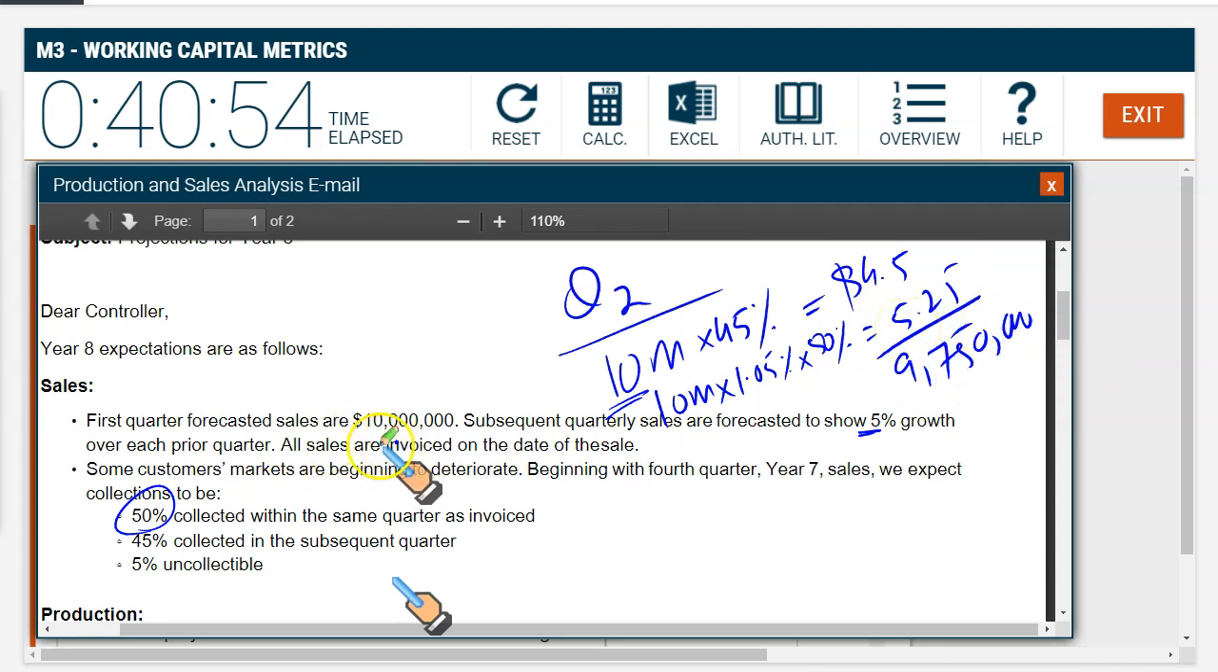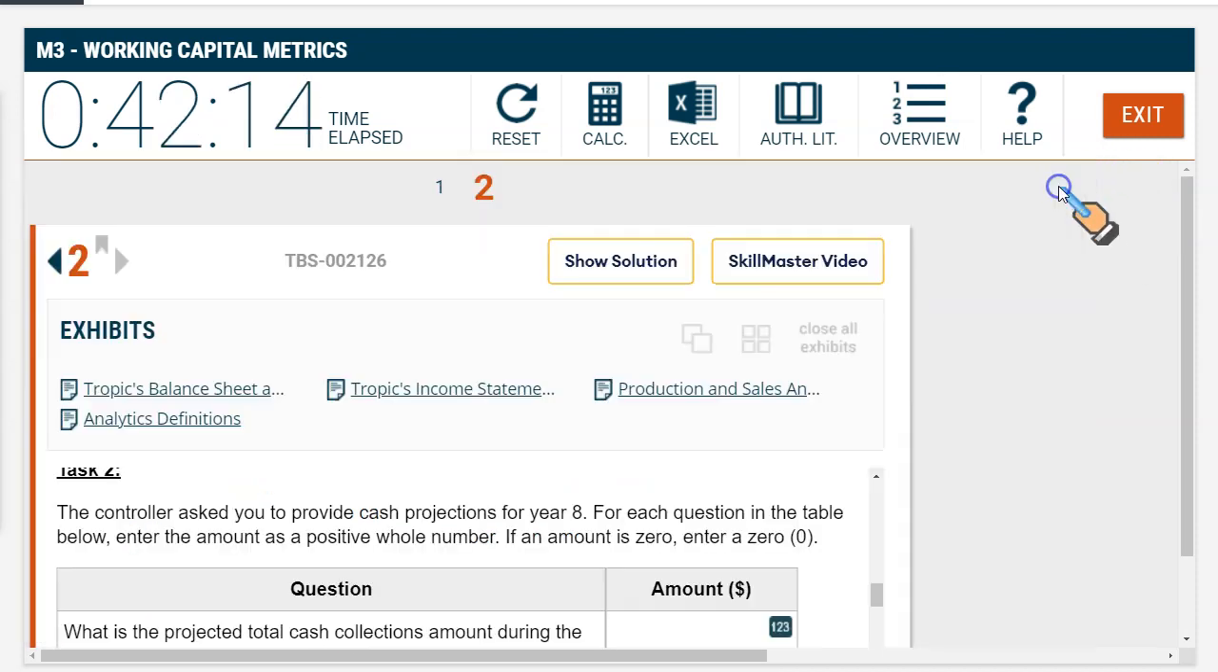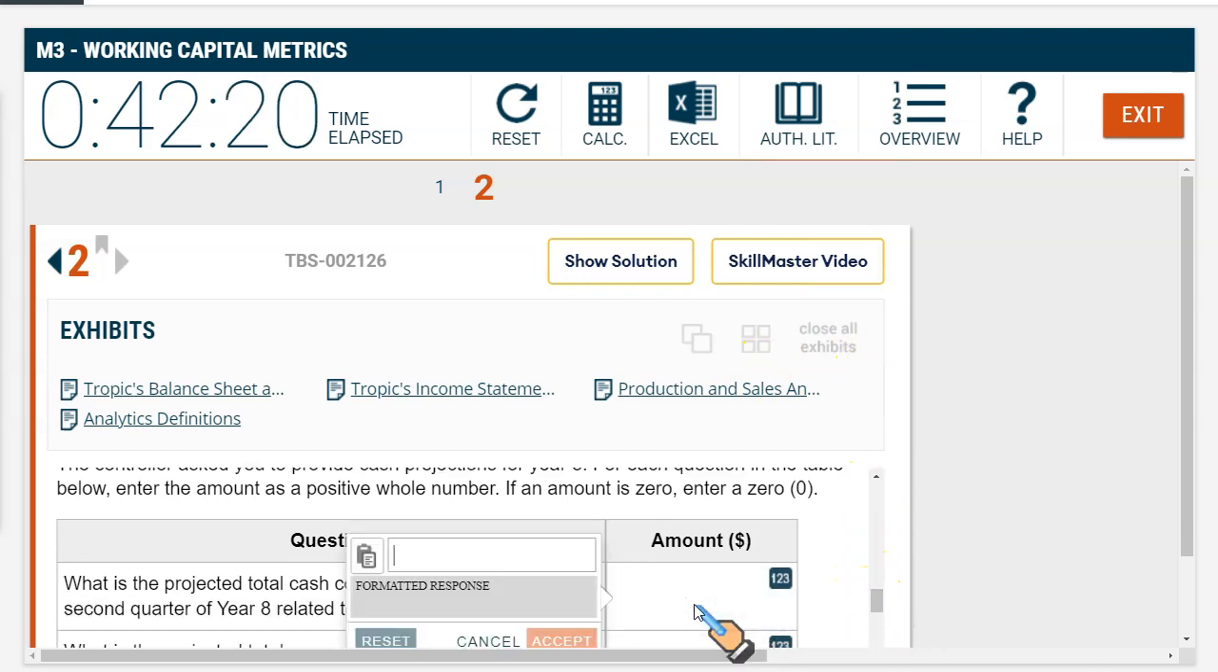Remember, it says that the forecast first quarter sale is 10 million, 50% of which is collected within the first quarter. In the second quarter, I'm going to collect 45% of this amount. In the second quarter, sales go up by 5%, which is 10 million times 1.05, and now I'm going to collect 50% of this amount, which is 5.25. Adding these two up gives me 9.75 million. So this is the collection which I should report as the input to this task here. 9.75, right? And there we go. Next